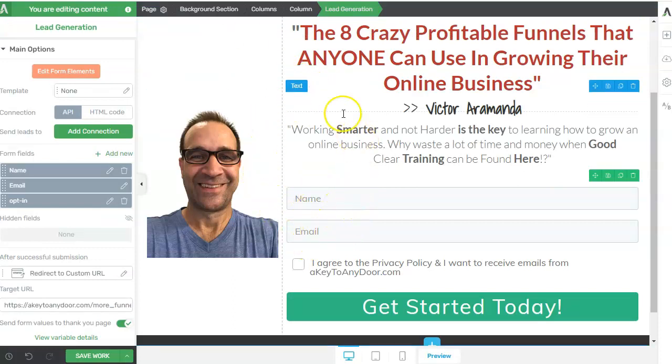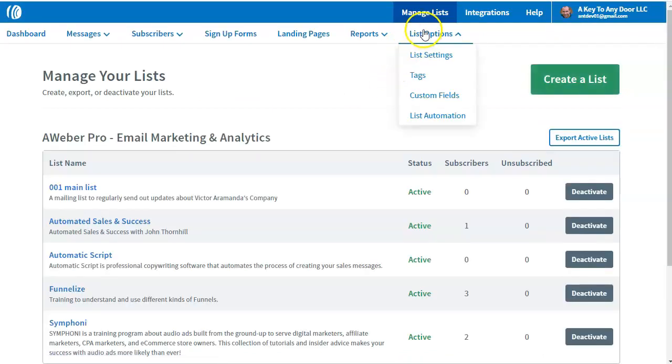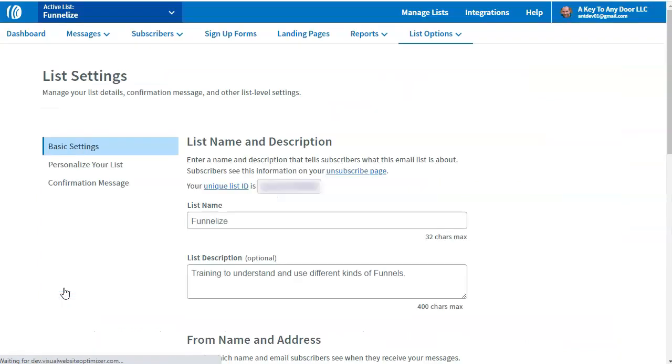So I'm going to just walk through this and just kind of describe what I'm doing as I go. Go ahead and have your page open in Thrive that you want to replace a form or add a form to. And I'm going to be replacing this block here, really. And so then go to your Aweber and find the list that you want to work with. So I'm clicking Manage List, and I'm going to click on this list here. And when you get to the list you want to work with,